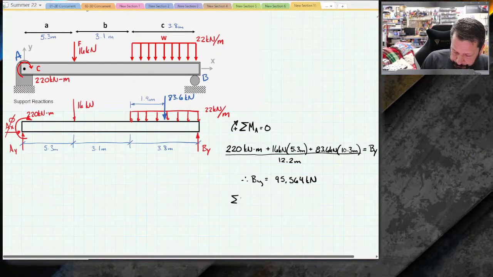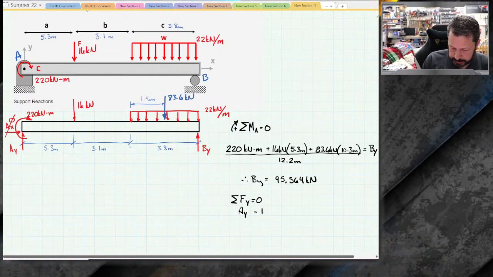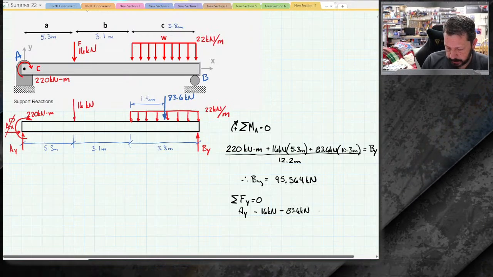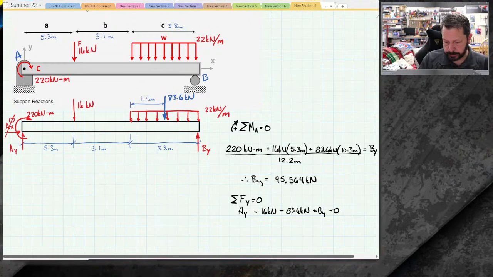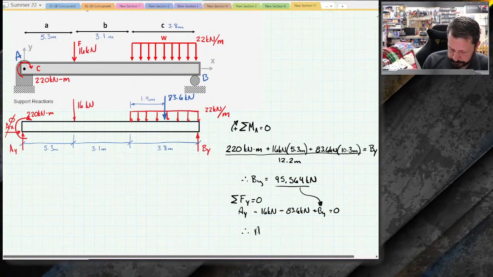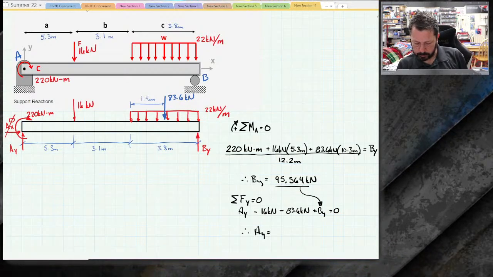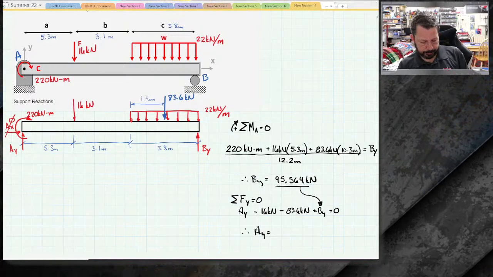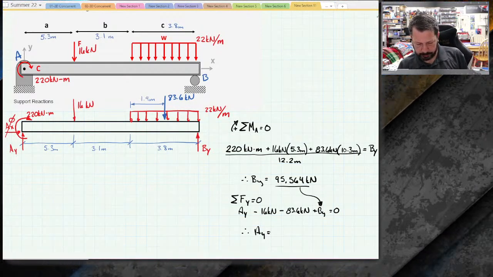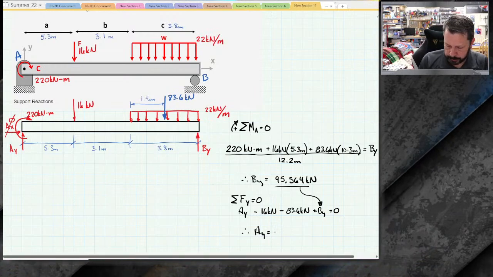Now we can do summation of forces in the y direction equals 0. We've got AY minus 16 kilonewtons minus the total distributed load of 83.6 kilonewtons plus BY equals 0. We just found a value for BY, so we can plug that in and find AY. AY equals 16 plus 83.6 minus BY, 95.564. So AY ends up being a really small number. Does that seem reasonable? Let's see. 4.036